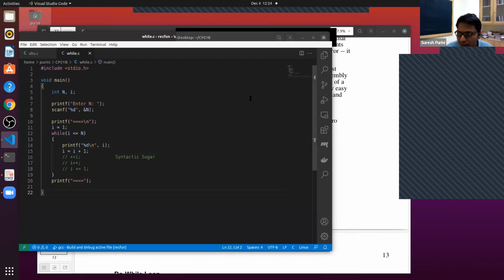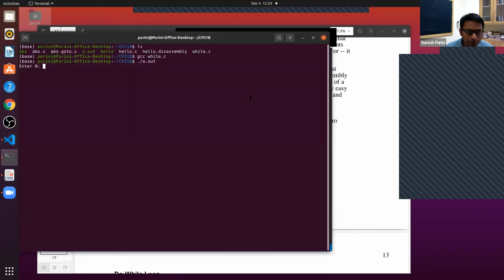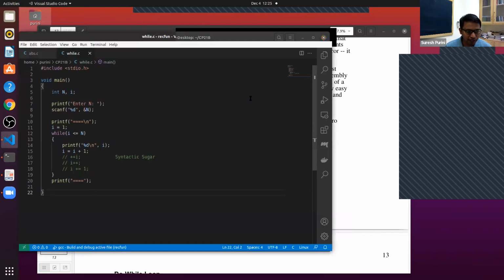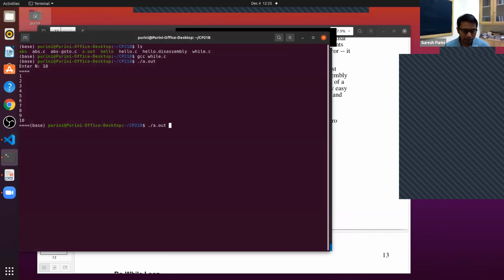So Pranjali asked the question, what is the significance of line 7? Line 7 just prompts the user. When you write programs, we should be user friendly, right? So we ask the user, hey, please enter a value of n. And then let's say I entered n, then we are printing, yeah, this is not nice. Let me put it here, I'll compile the program again.